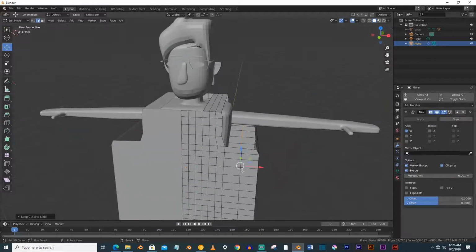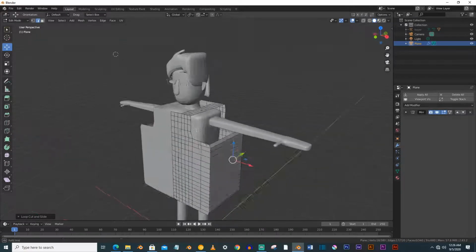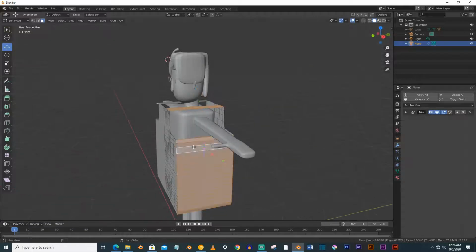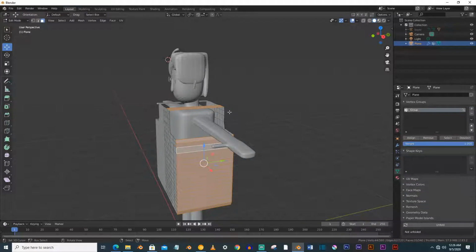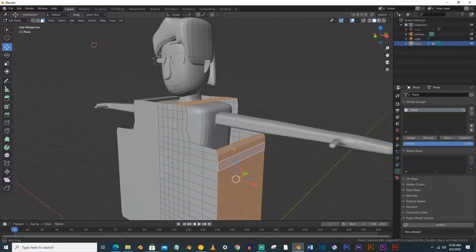And now what you have to do, you have to select these faces here, go to the face select mode, Alt and right click, Alt and right click here, go to the object data properties and select the group, assign it, and now if we select this, you can see that it is selecting these.